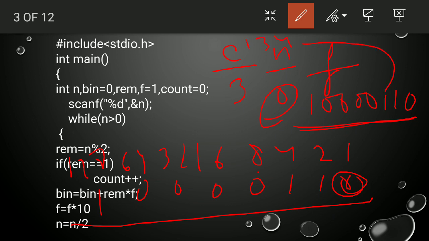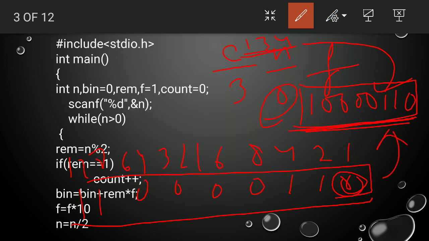This is the binary number. So if the question had asked to give the binary representation of this decimal number, you can give it, because our code is giving that also, which is present in the variable f. Same thing what we got here, we are getting it here.